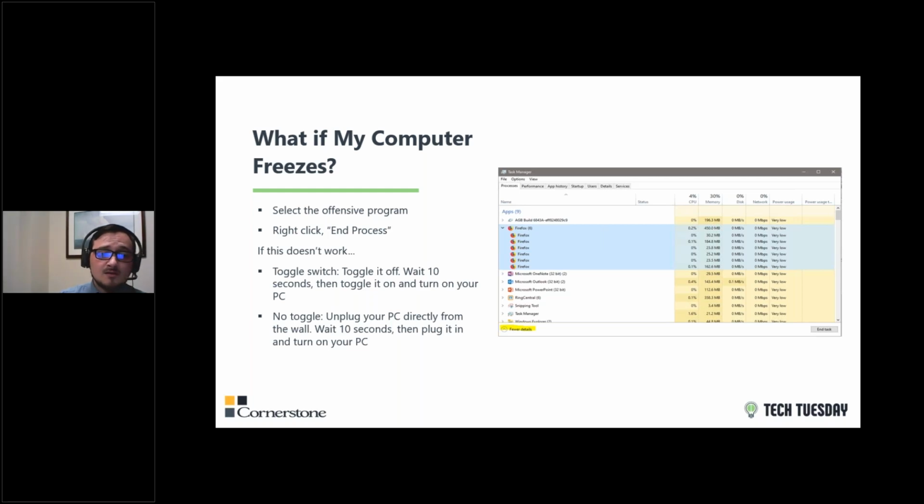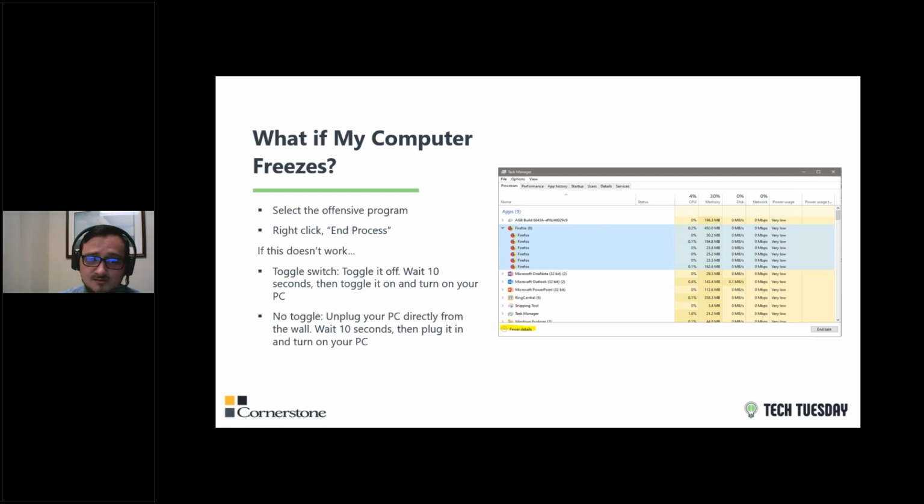When you open it up, you'll see a bunch of programs listed. And then on your right, it'll tell you how much CPU usage that program's taking up, how much memory that computer's task is taking up, and a few other things like disk space and network bandwidth. Those you don't really need to care about.